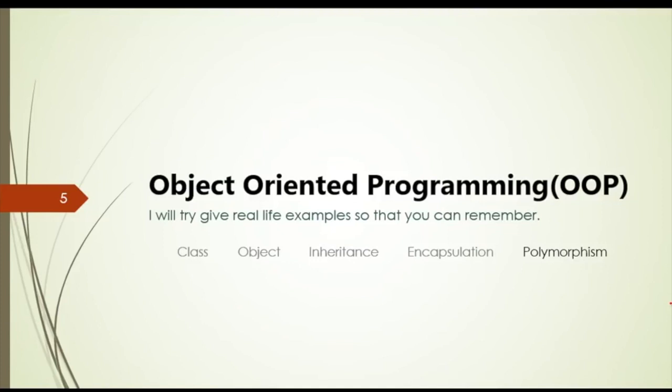Object-oriented programming history began around the 1960s when MIT tried to develop a robot with object-oriented design. From that concept, procedural programming changed into object-oriented programming. So let's see our concepts in detail.